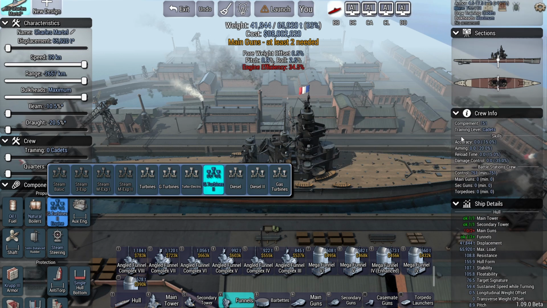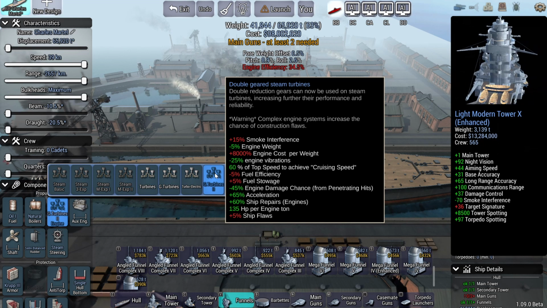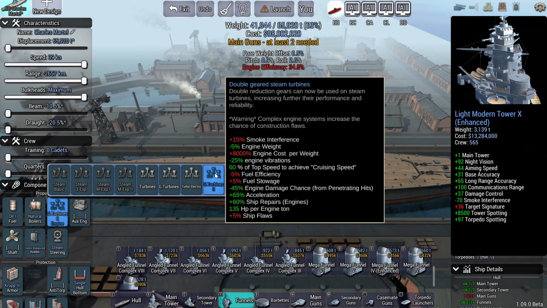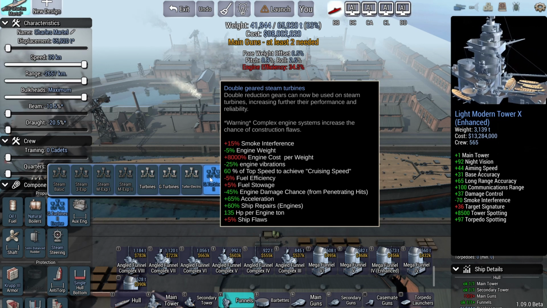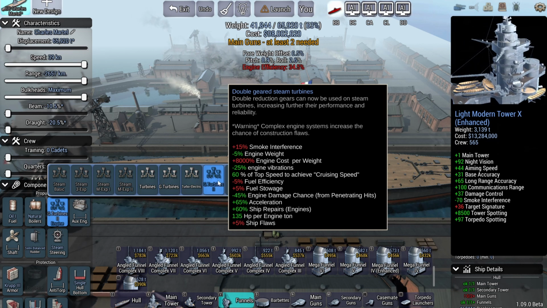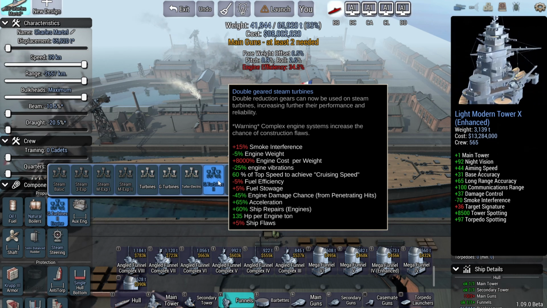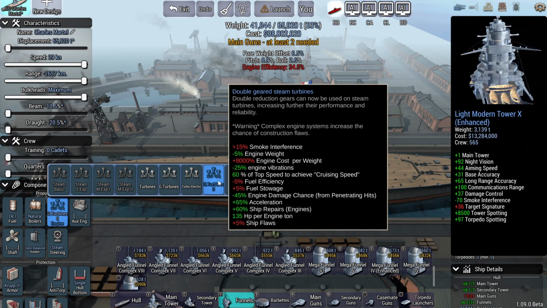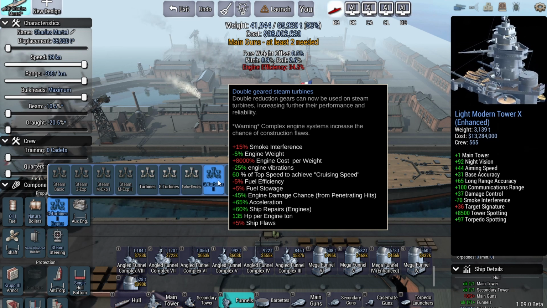I can't see anything that says ship floors, so I can only speculate what this means, but I'd assume, I don't know, higher maintenance costs. That's the only thing I can think of that it would affect. You're not going to get damage by using a floored ship, I don't think. I think that'd be a bit weird. The other thing is obviously fuel efficiency and fuel stowage. So